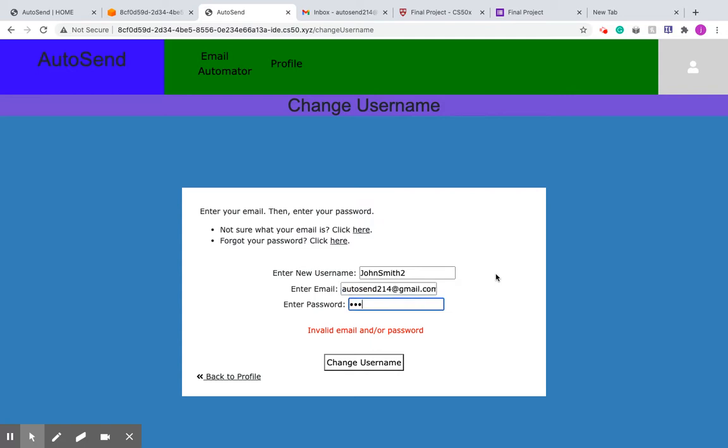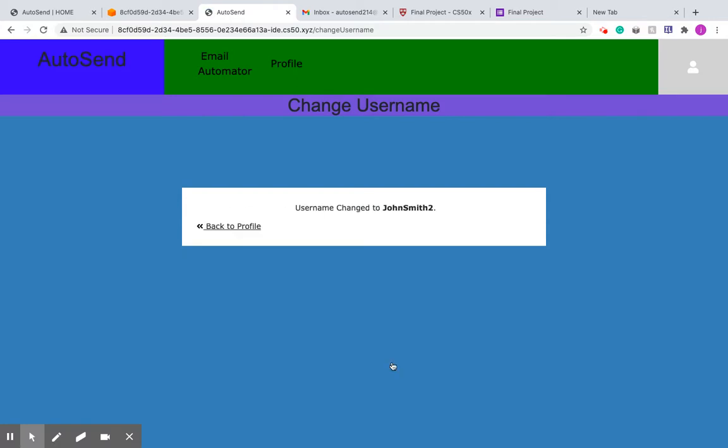And then I'll just type in the password this time. Hopefully I typed it in correctly this time. And I did. So after we do this, we get this prompt here. It says username change to John Smith 2. If we go back to our profile here by virtue of this link,